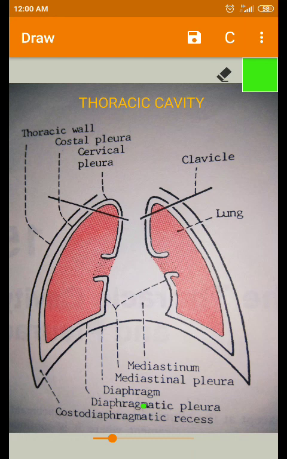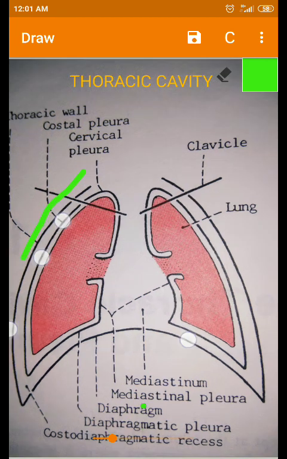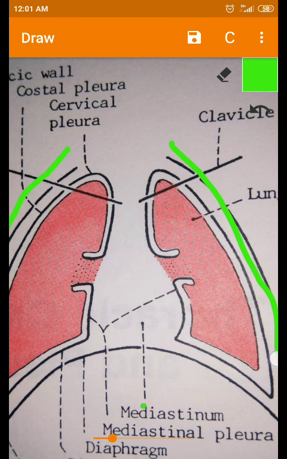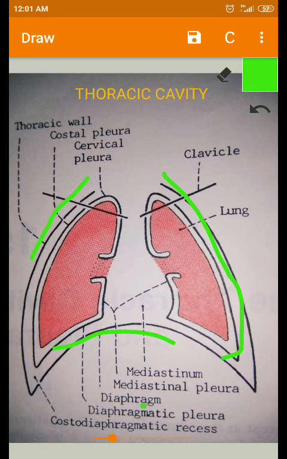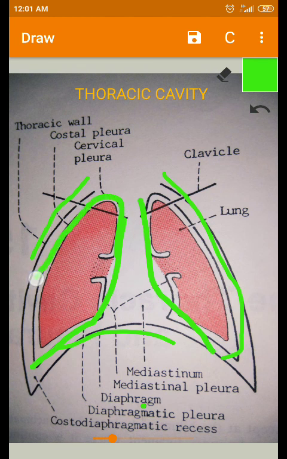Dear students, welcome back. Now we are going to see the thoracic cavity and the pleura. So, the cavity of the thorax. This is the thoracic cavity. It contains the right and left pleural cavities. This is the right side pleural cavity, and this one is the left side pleural cavity, which are completely invaginated,